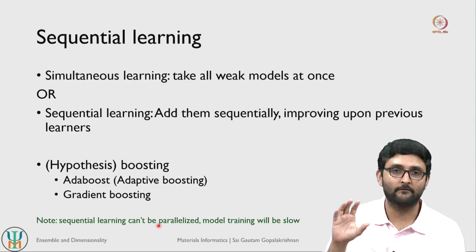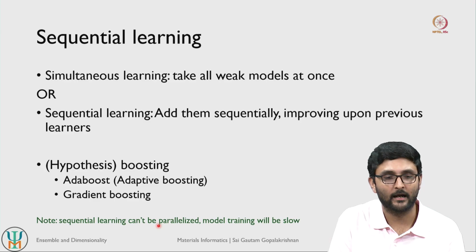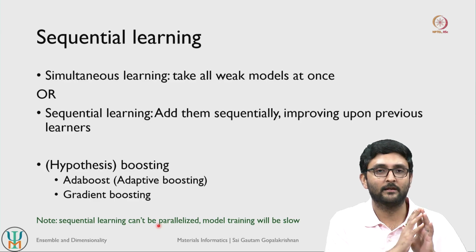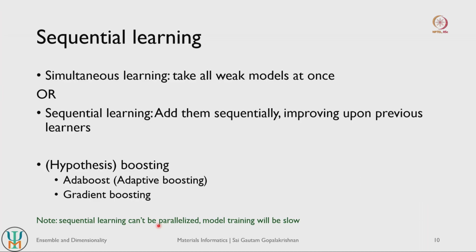So, on that note, we will stop this lecture. Just as a recap, we looked at ensemble models, the importance of wisdom of the crowd, and how splitting of data and splitting of features can result in fairly powerful ensemble models. We started touching upon sequential learning. We have not finished sequential learning yet. So in the next lecture, which will be a continuation of this lecture, we will cover sequential learning in more depth, and we will also look at some models that can be used for dimensionality reduction exercises.